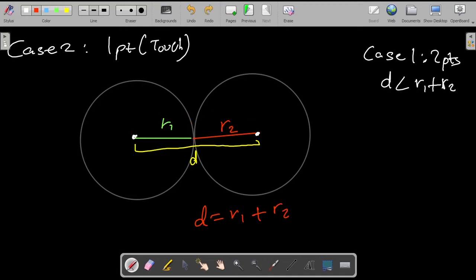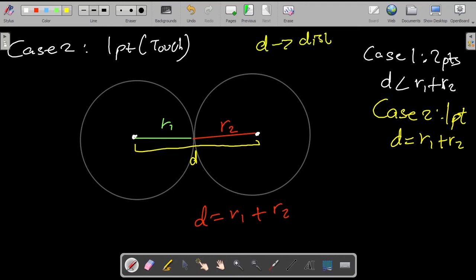In the previous case, you saw that we basically had these overlapping, which means the overall distance between the centers was actually less than the sum of R1 and R2. So that is the reasoning behind that, and I hope this now makes sense from what we've just talked about. So you can put case 2 over there: intersection at one point, or when we only have these touching at the circumference, then we expect the distance between, and don't forget that this is the distance between centers,